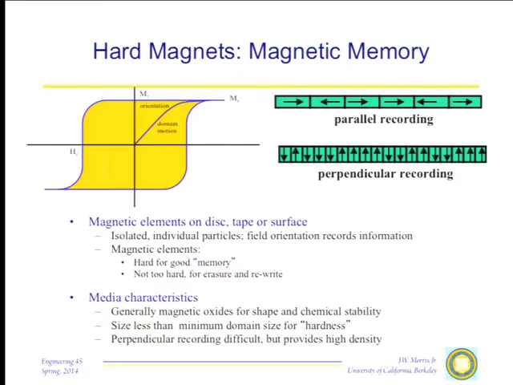Of course, you have simultaneously the other end of it. In most magnetic media, like the ones you use in your computer, you not only want them to retain that memory, but you want to be able to write. You want to be able to change the memory. So you're fighting this constant battle of give me a hard enough